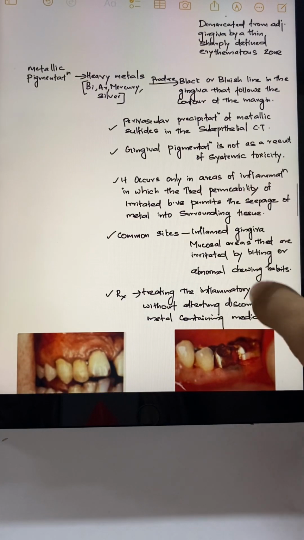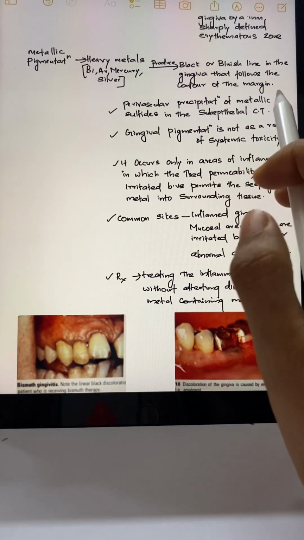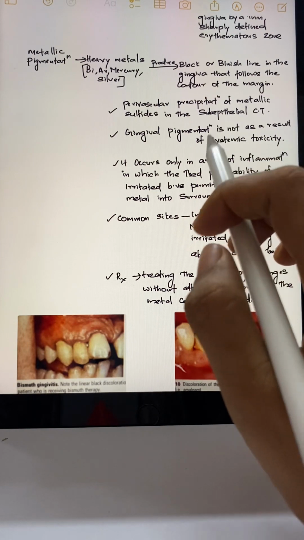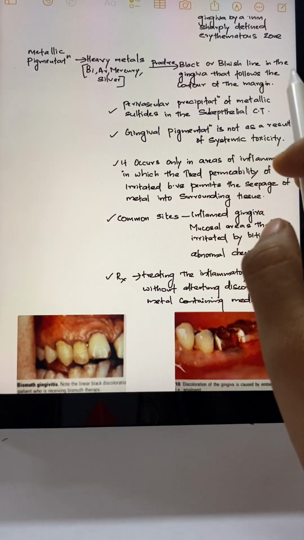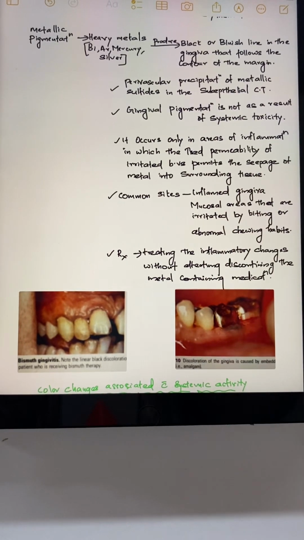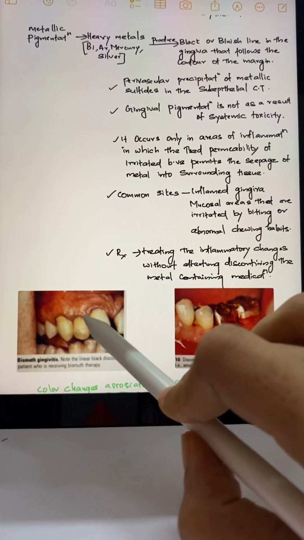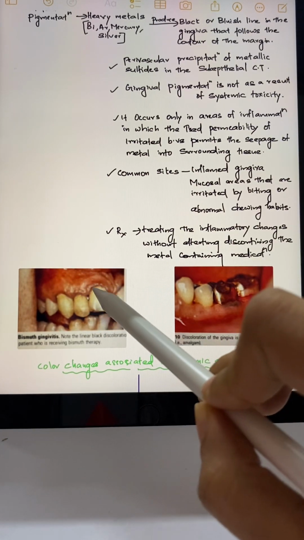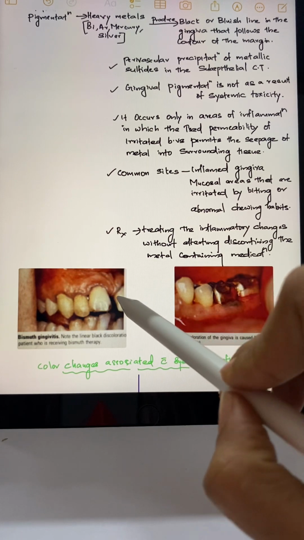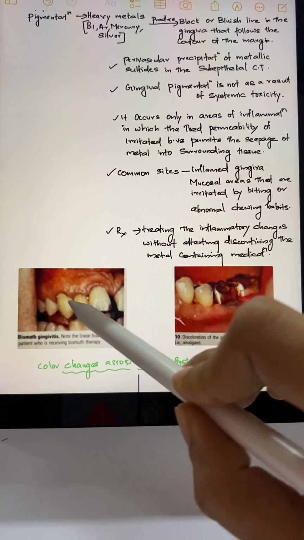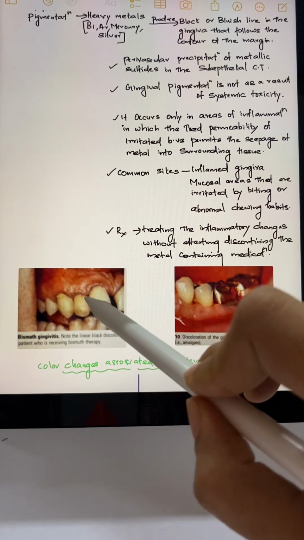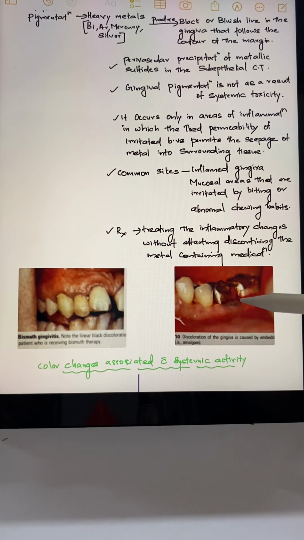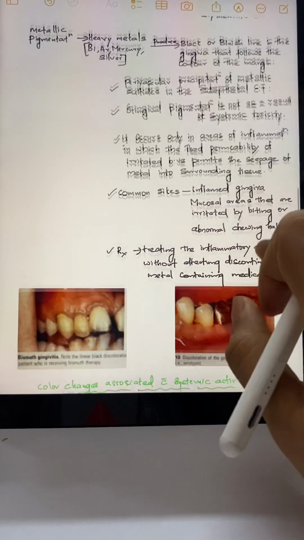Then metallic pigmentation. This is due to the heavy metals like bismuth, arsenic, mercury and silver. They produce a black or bluish line in the gingiva that follows the contour of the margin. If you see the picture, you'll understand the patient who takes the bismuth therapy, then we can see the linear blackish discoloration along the contour of the margin. But in this case, this is the amalgam restoration, so the discoloration of the gingiva is due to this metal. So this is the